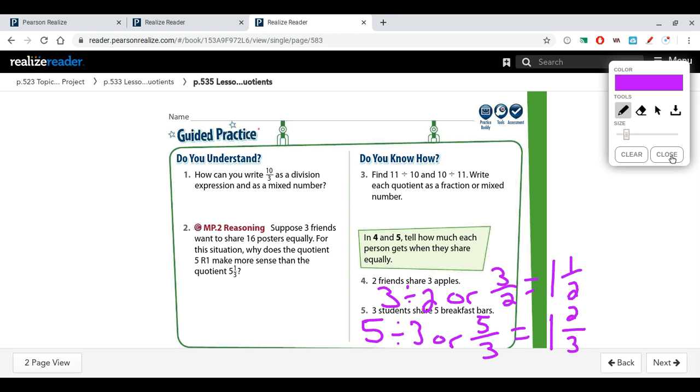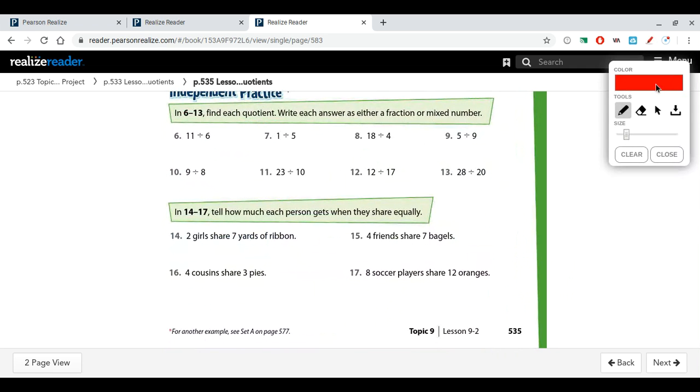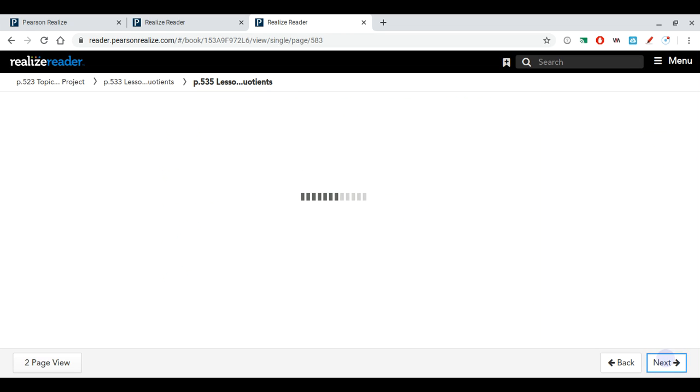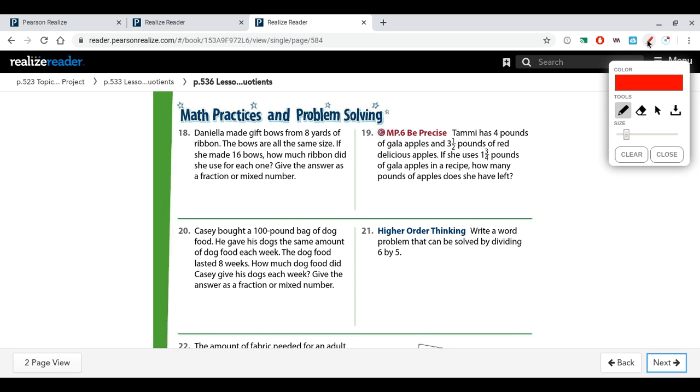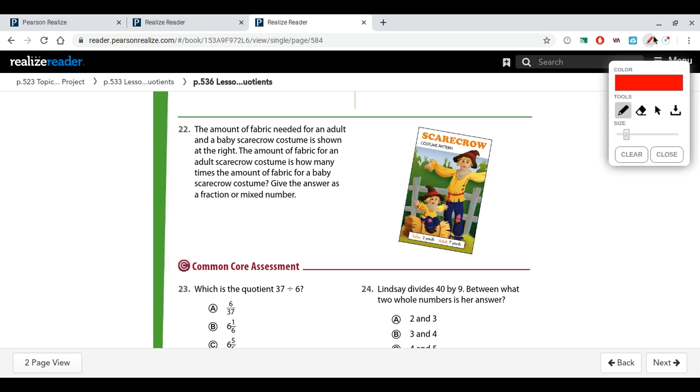So I'd like for you to go ahead in your independent practice. The problems that I'd like for you to do today, I'd like for you to do 6, 8, 10, 12, 14, and 16. So you're going to do all of the even numbers on your independent practice. And then if we take a look at your math practice and problem solving, the problems that I would like for you to do are going to be 18, 20, 22, and then I need to scroll down, and I'd like for you to do problem 23 as well. So those are going to be the problems that I'd like for you to do on your math practices and